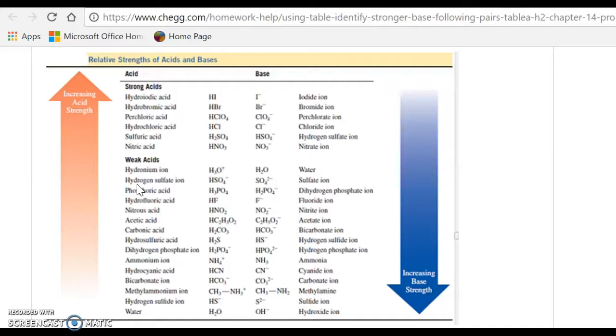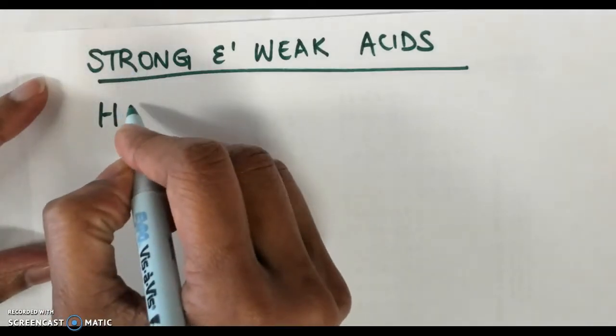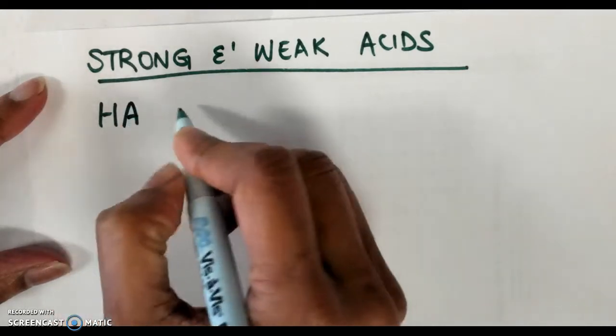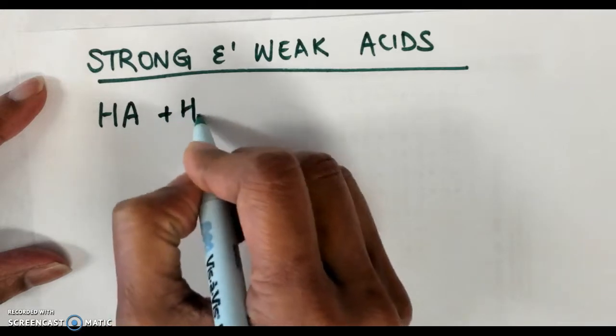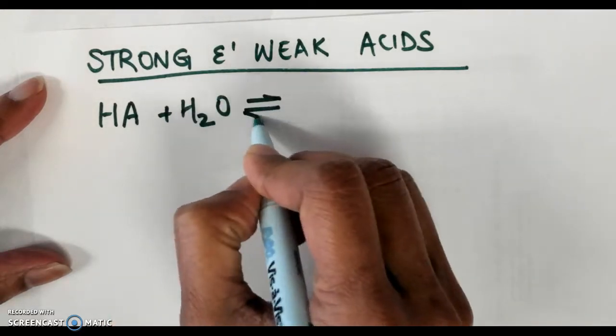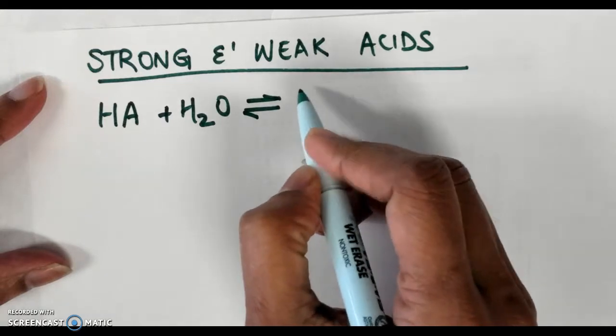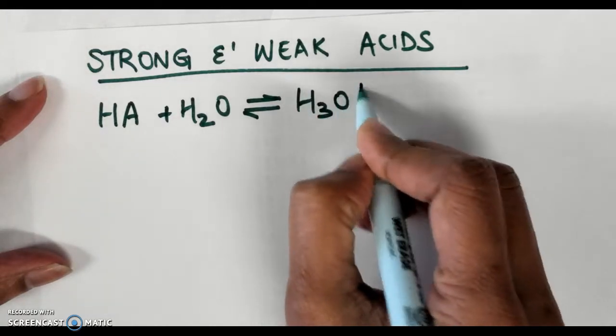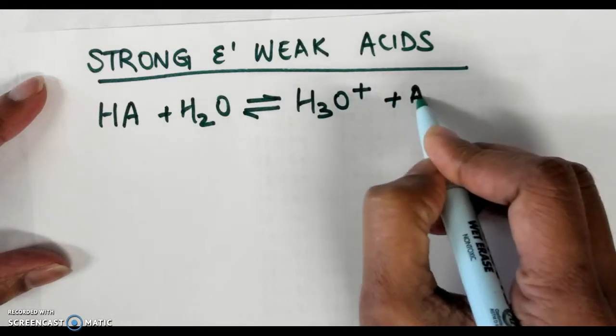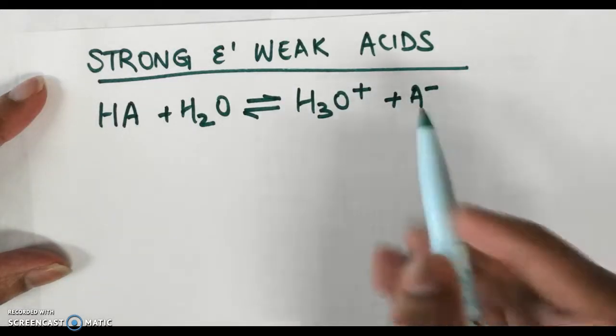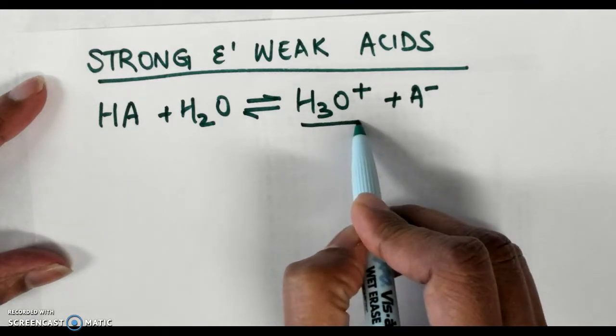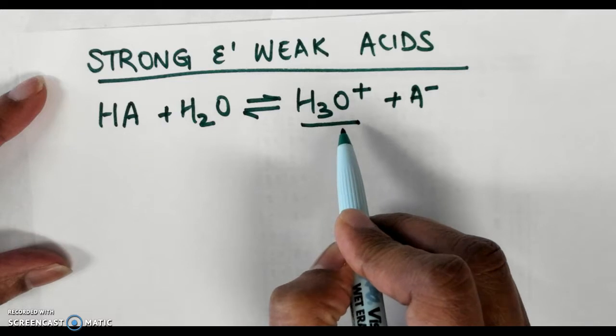So on a general basis, something is an acid because it gives protons in water. So if I were to write down a general equation, a general formula for acid would be HA being dissolved in water, and it has the potential to lose a hydrogen ion, which makes it a hydronium plus the anion. Now really, the strength of the acid depends on how easily this proton is being given to water to make